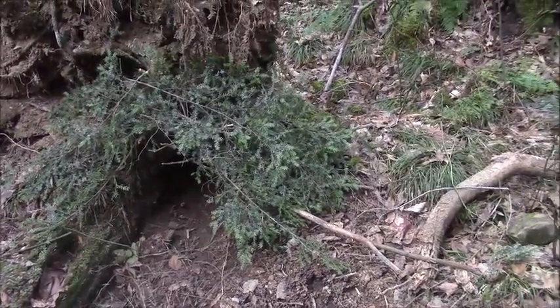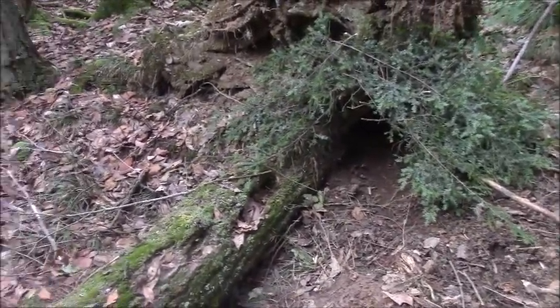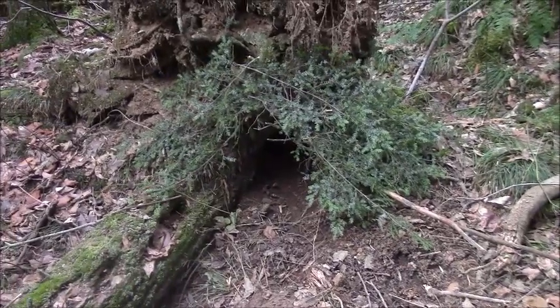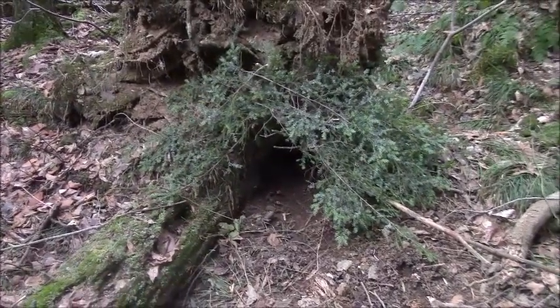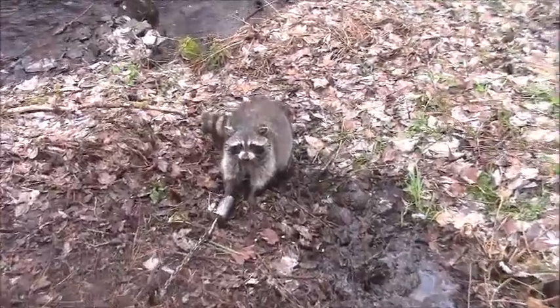I know I've seen coyote tracks run right through that area as well. So anyway, I'm done fisher trapping for the year, and it always feels good when you end on a fisher with the tag on it. So all right, coming down the trap line, and I got a coon in the dog